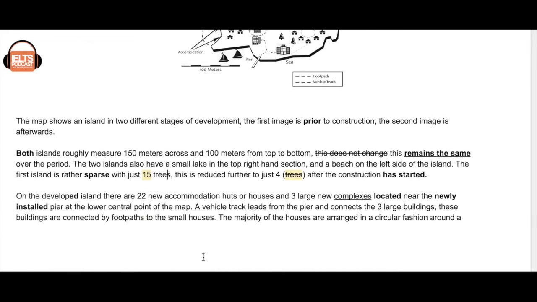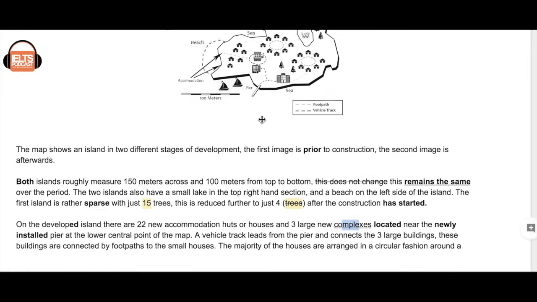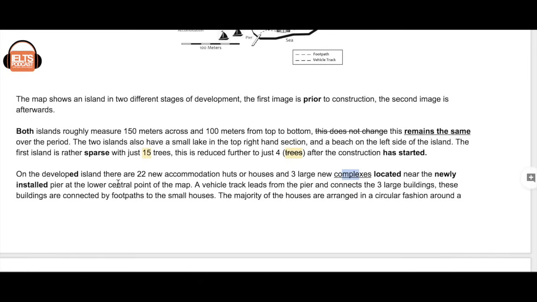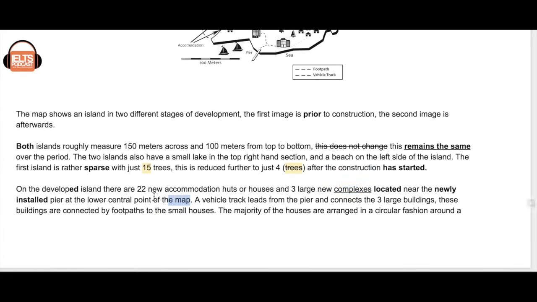So I'll mention it. Now, the other cohesive point I wanted to mention was, look, we can see here I'm talking about accommodation. So I'm going to mention the new complexes in the same sentence. And then, because I mentioned the complexes, I'm also going to mention the pier. Okay, so this is all together. And I don't talk about trees in this sentence. Also, because I'm talking about the pier, I'm going to talk about